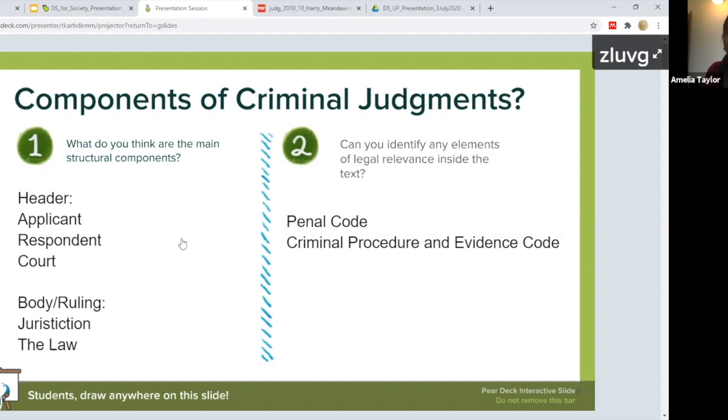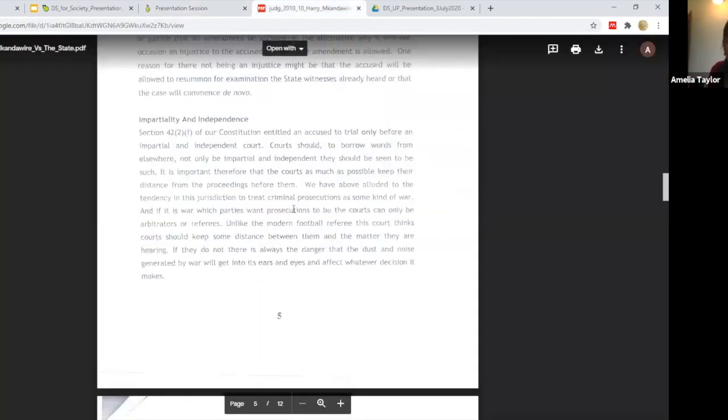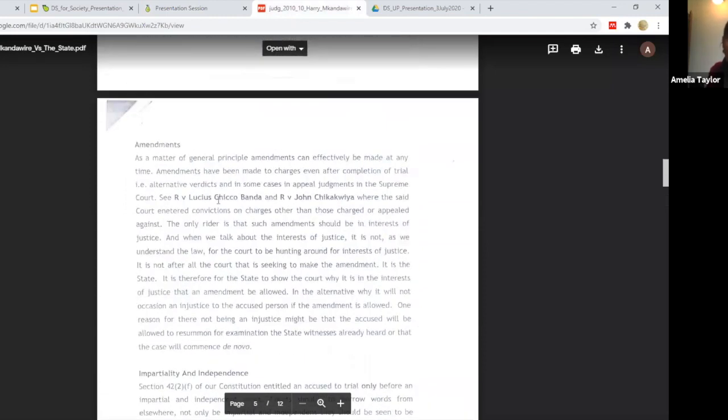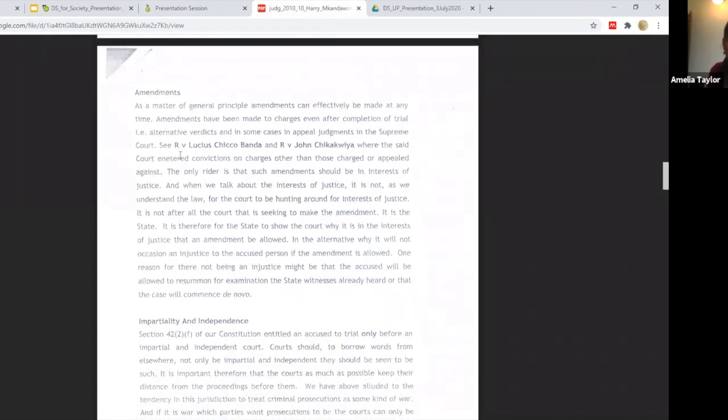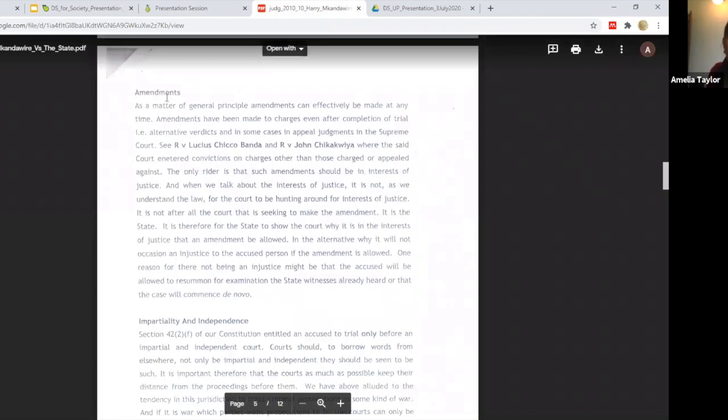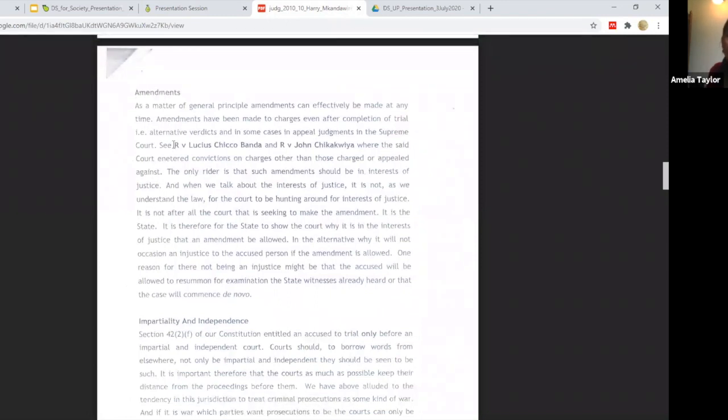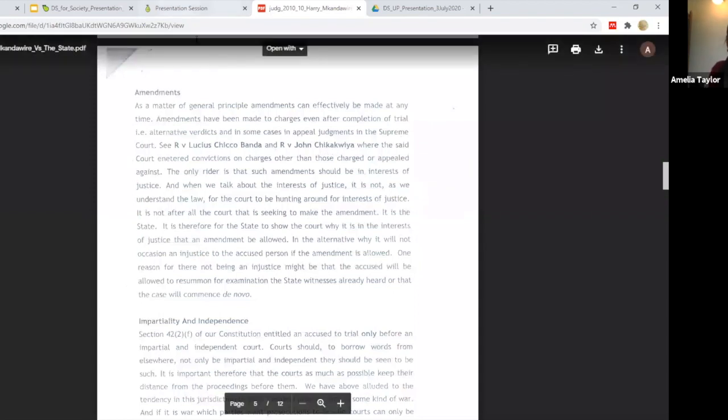And then we wanted to extract automatically or semi-automatically references to laws. And not only references to law, but references to other cases. I'm not sure if this one has references to, yes, you can see that if you look on page 5 of the document I shared with you, there's a section called amendments, and you can see references to 2 cases, Republic versus Lucius Chikobanda and Republic versus John Chikakwiwa. Now you're going to see that there are different styles in which these case citations are mentioned in the document. Okay, so going back to our